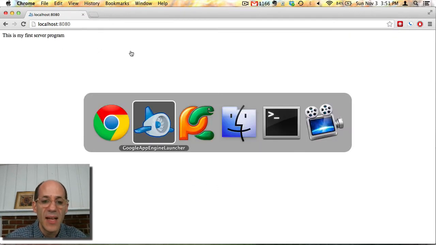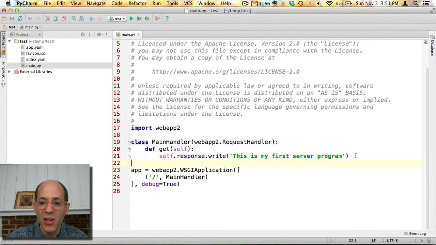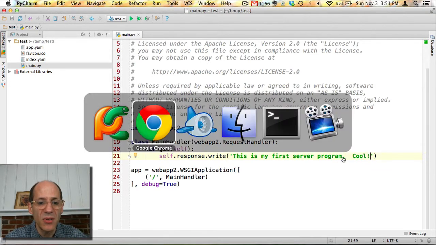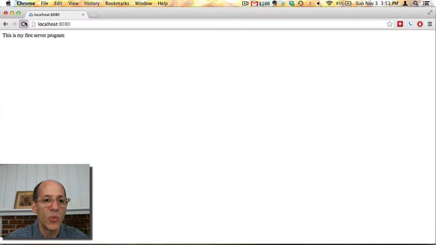It works. And we can actually go back and change our code, right? This is my first server program. Cool, right? We don't have to do anything. Just switch back to a web browser, refresh the page,